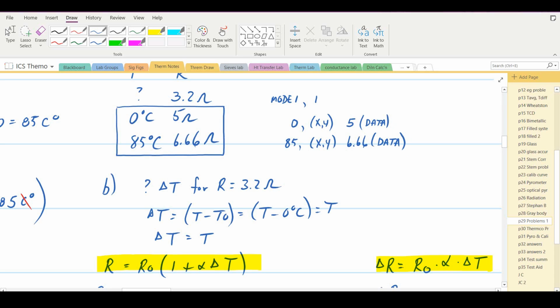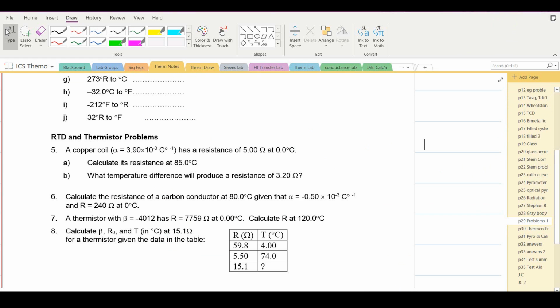Then you would want to enter the value of 3.2 ohms and press second function x prime, and that'll give you minus 92.2 degrees Celsius. That's simple. Linear regression. All right, so that's problem number 5. So problem number 6